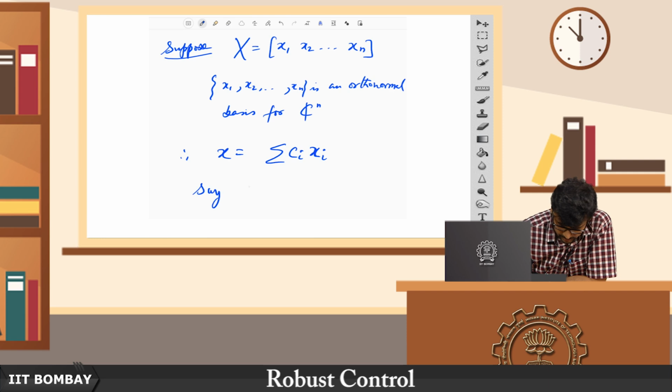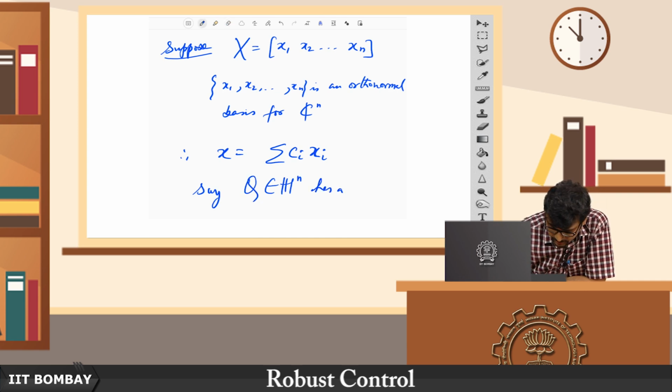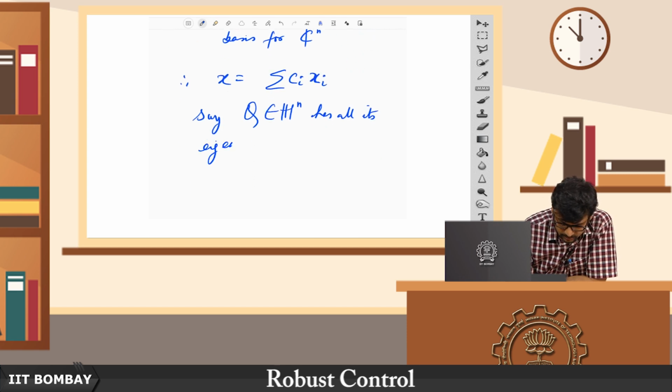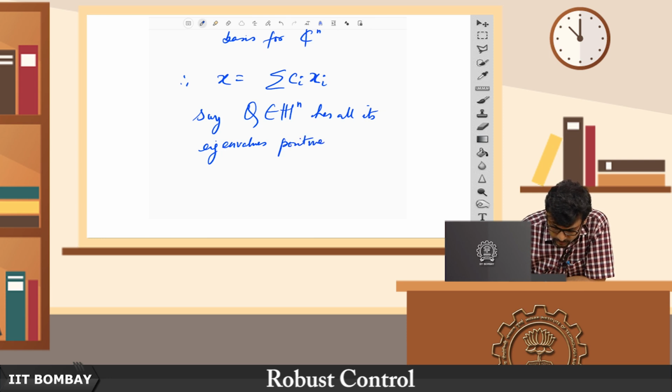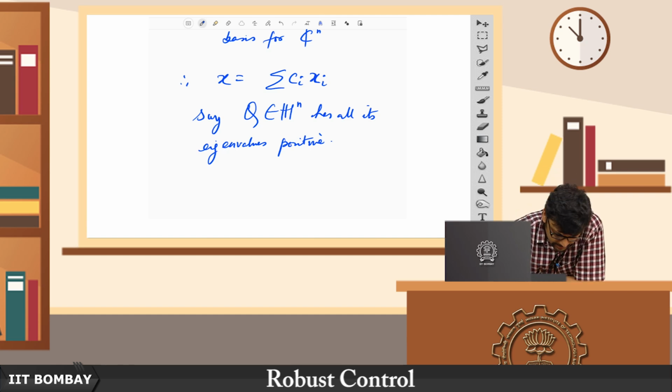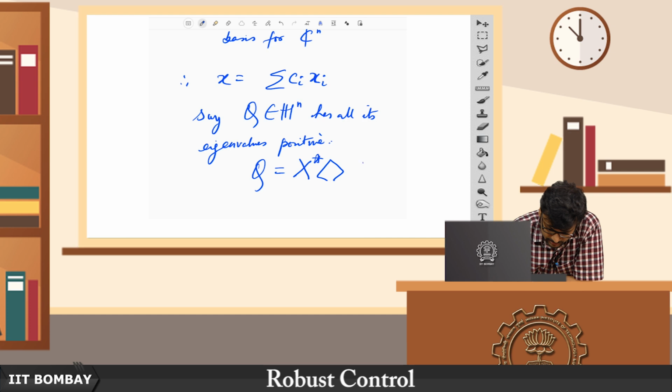Say Q belonging to Hn has all its eigenvalues positive, alright. Suppose this has all its eigenvalues positive, then what can I say, that Q can be written as X Hermitian delta X,